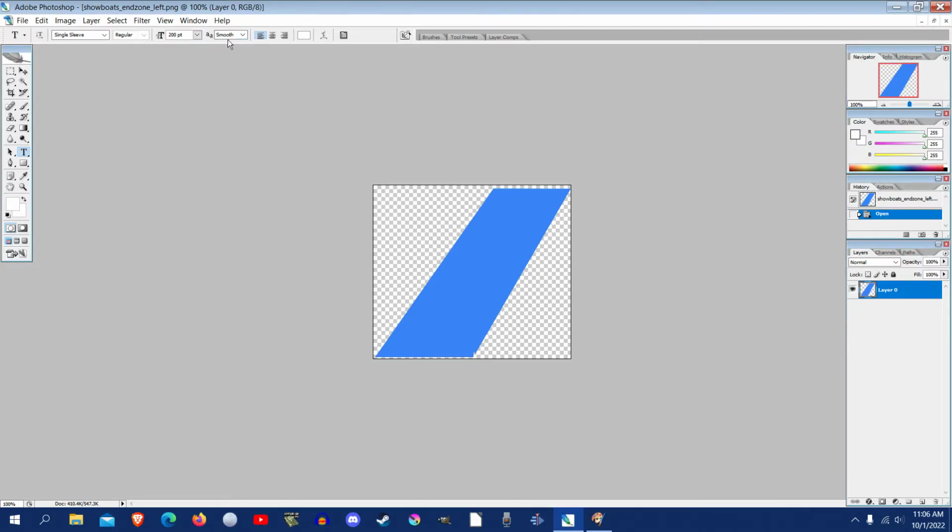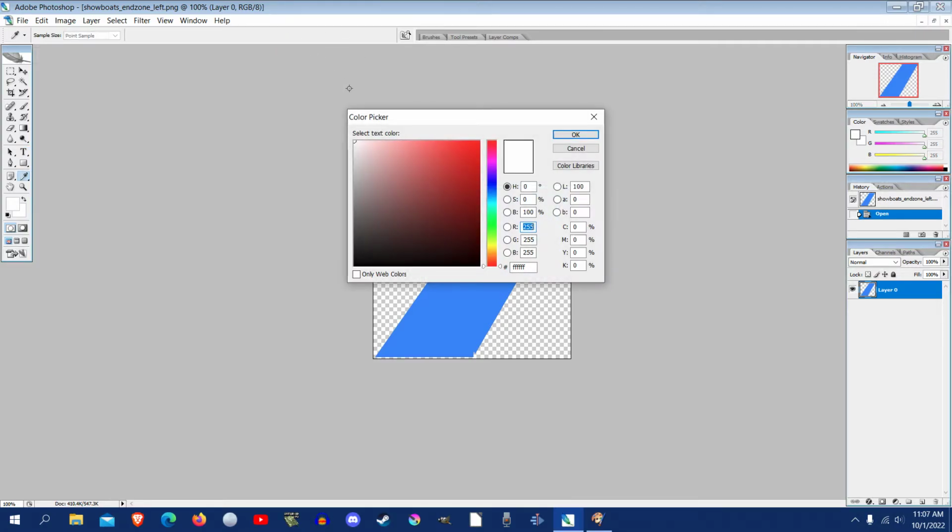And this is the anti-aliasing. It makes the letters smooth around the edges. Make sure it is smooth. If you set it to these, it gets a little rougher, but set it to smooth. And this you don't have to worry about. This is the color of the text. So if you want to make it, say, dark blue,